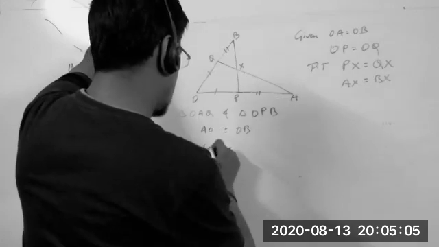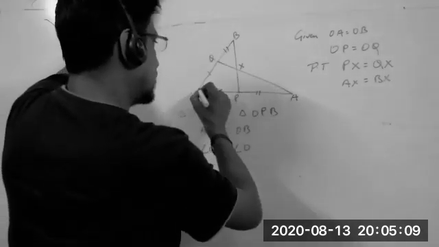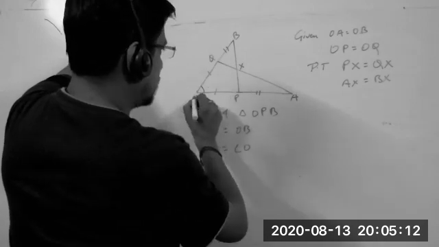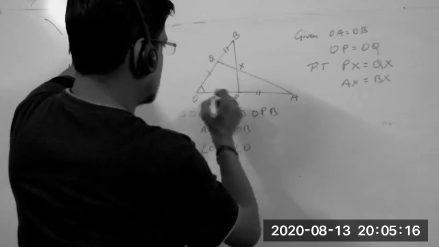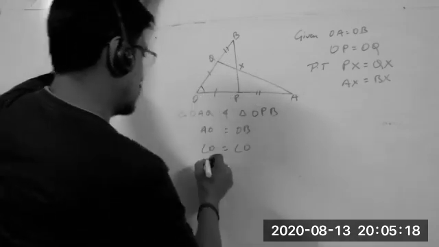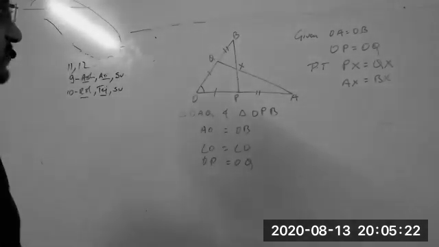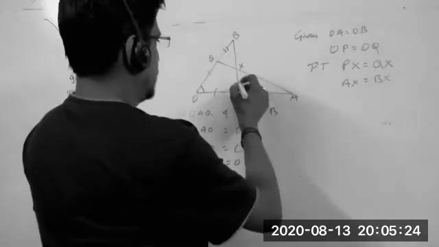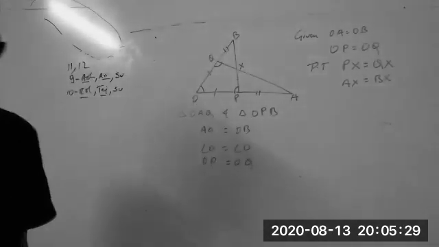This angle O is equal to angle O. Okay, I got it. So this I got, this I got. In this triangle, this I got, this I got. The third one is this one. OP is equal to OQ. So this angle is equal to this angle. Now see, Vishal. Yes, sir.